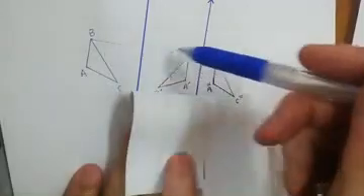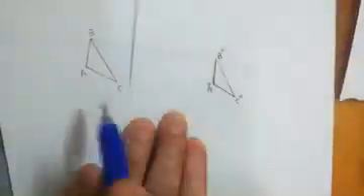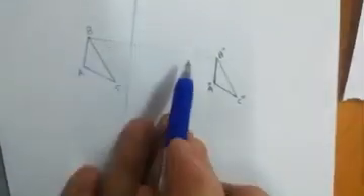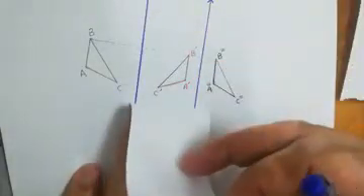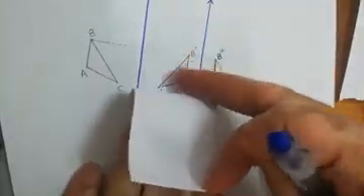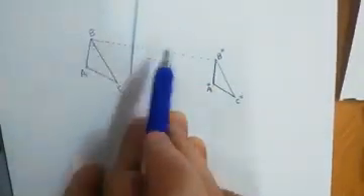So this is the perpendicular line. I make a translation along this vector, which is perpendicular to the parallel lines, which I make the reflections across them, and the distance